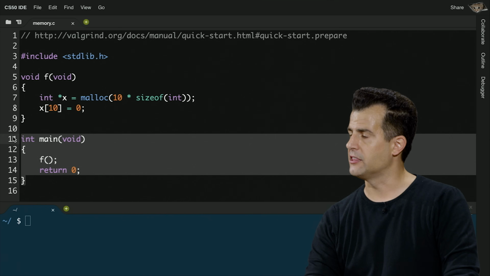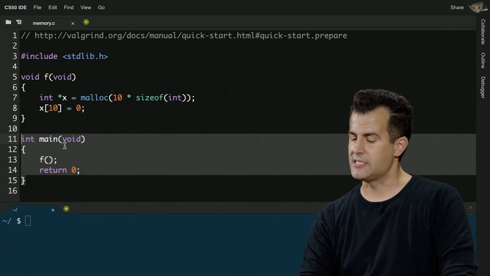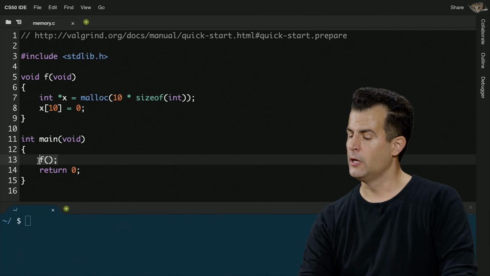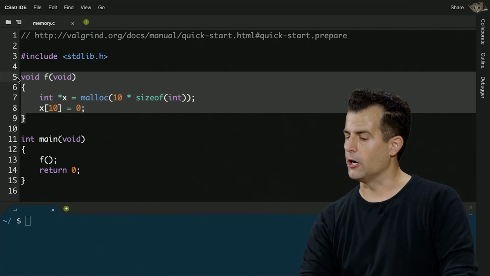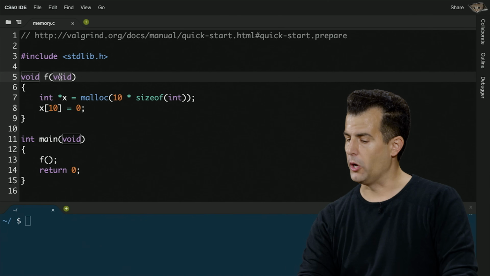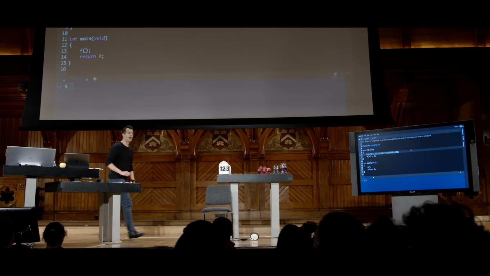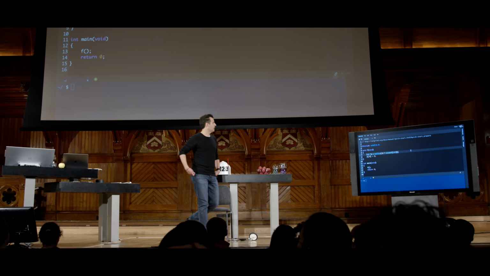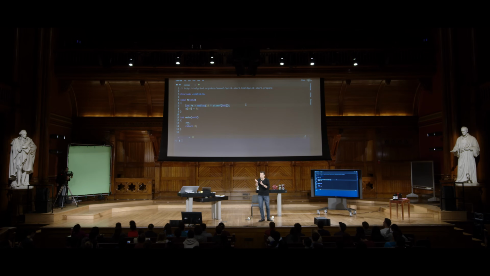Here I have main at the bottom of my code. I copied it. I didn't use a prototype. I just copied what they did. And you see here it calls a function called f, and then returns 0. Well, what does f do? F is this random function up here that takes no inputs per the void. And in English, how would you describe what's happening in line 7 now that we've introduced malloc and stars, or pointers? What's this doing? Yeah?